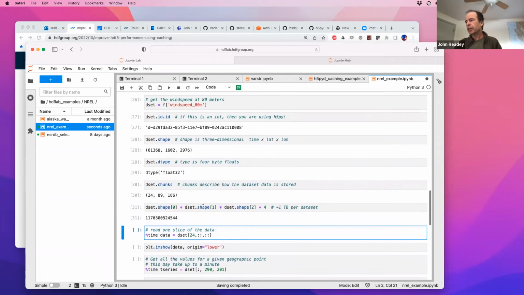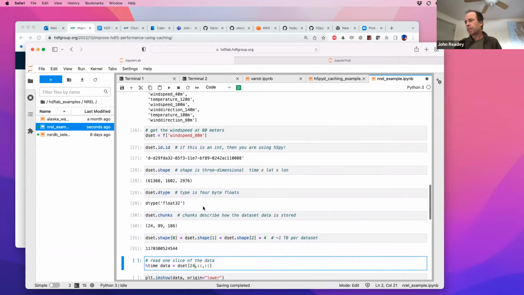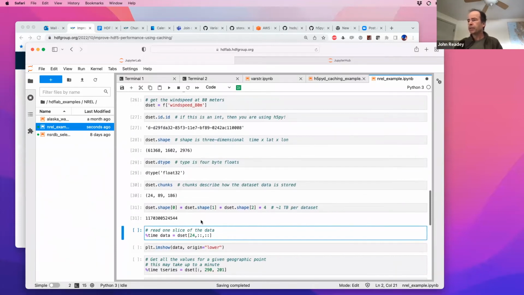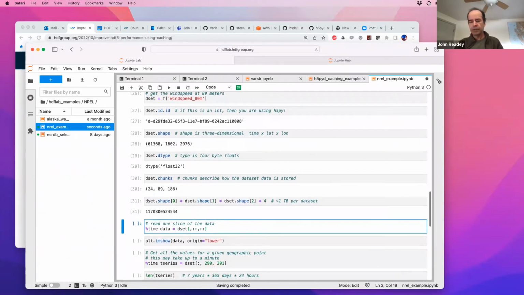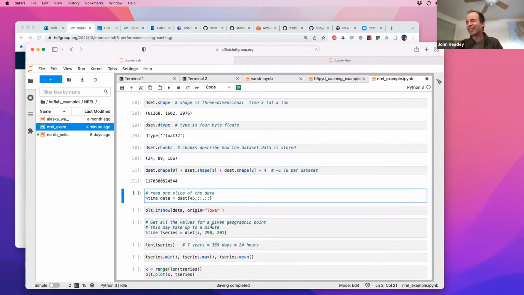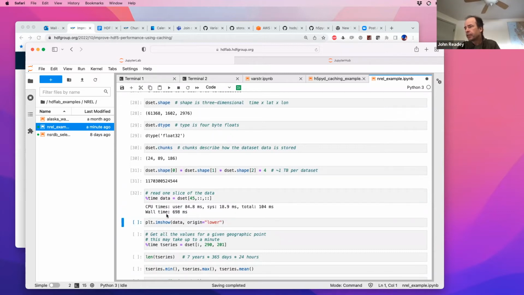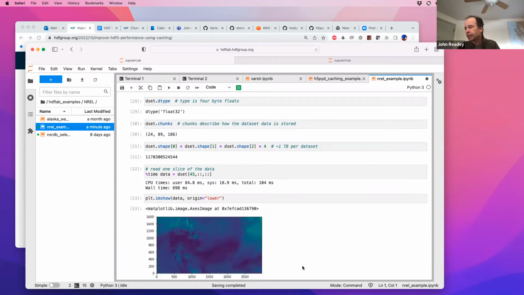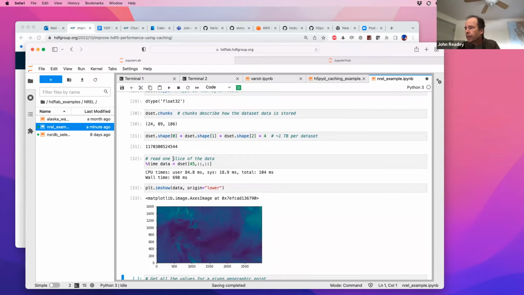Now, the chunk layout, recall, is 24. So let me go to something like 45. And this is a magic number, you'll see. I'm going to read this top slice of this data set. So we do that. That took 698 milliseconds. And then I can make a nice plot of that. Okay. Now, if I go and read this again,